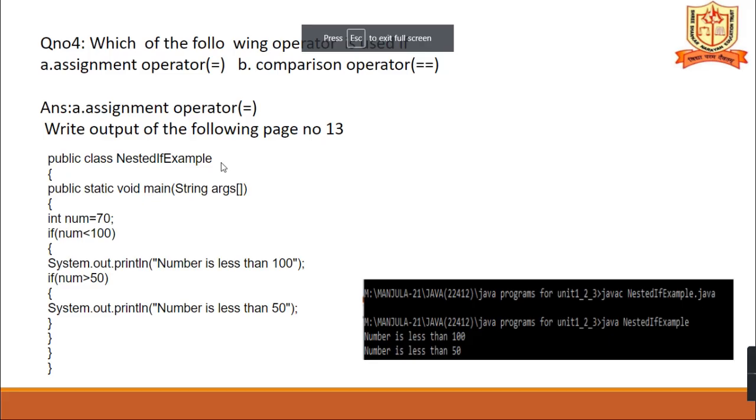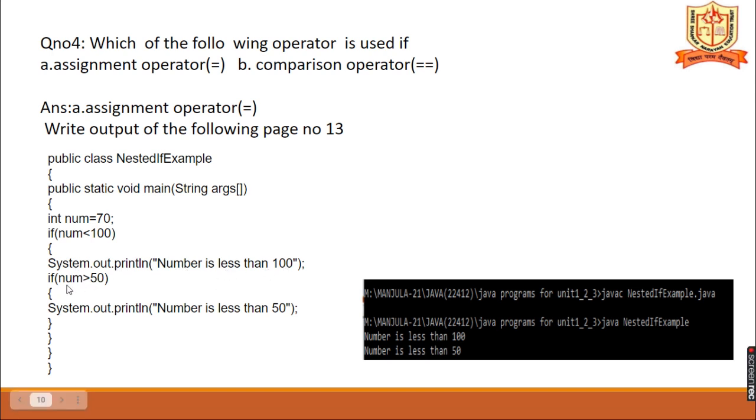Next, which of the following operators is used as an assignment operator or comparison? Assignment operator is the equal to sign. And here the program is there, nested if. int num is equal to 70. If num is less than 100, System.out.println number is less than 100.